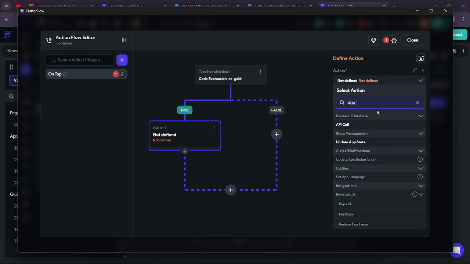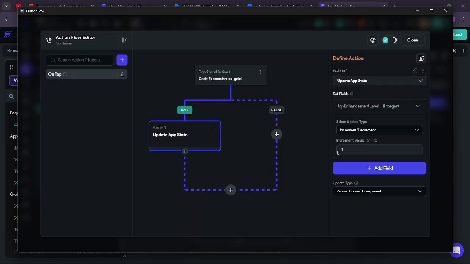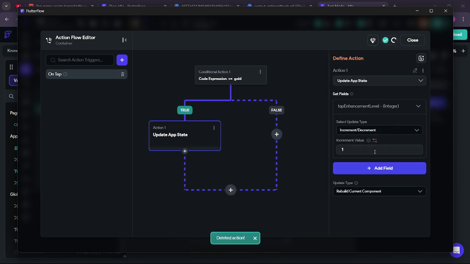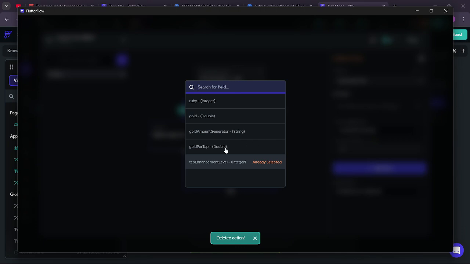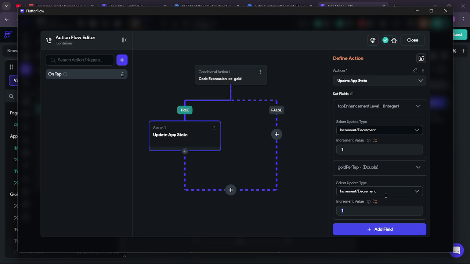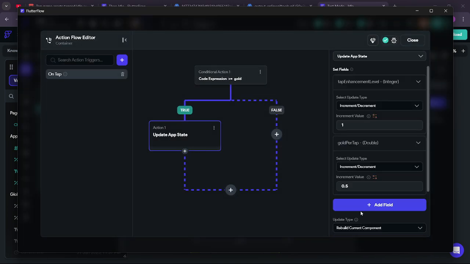So the app state of level will increase by 1, and also I can do it in the same app state action, and also the gold per tap will increment by 0.5 to be fair. If not, it wouldn't be too hard. 0.5, and we need to deduct the gold